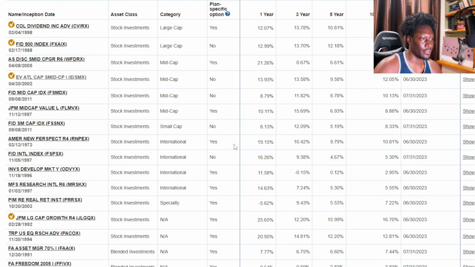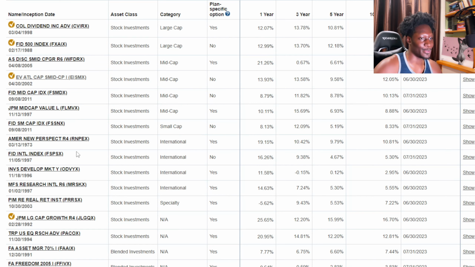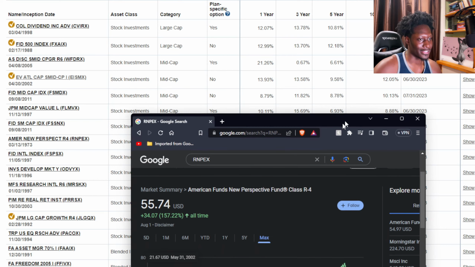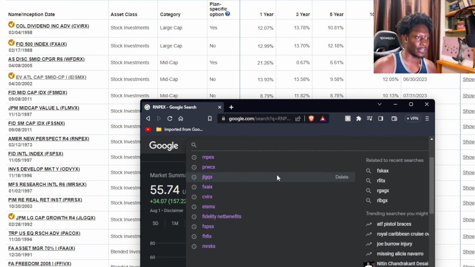American New Perspective, 1 year. Look at the 1 year, the 2 year. This is almost right there next to it. You feel me? All pretty good. These ones say they're good, but when you look at the charts, like this one right here, you look at the chart. Even though they're Fidelity and JP Morgan, you look at these charts, these numbers don't match up to what the charts actually look like. So you gotta actually type them in and look at them to see if you actually like them yourself. So one of the next ones that I got was this one,